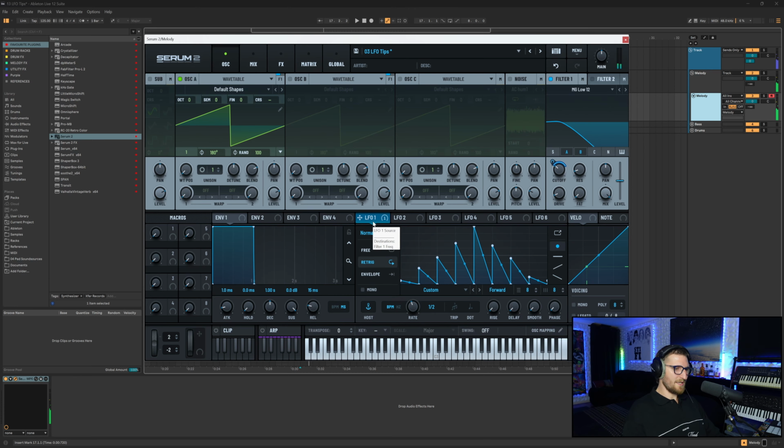Okay, so now let's say you're making a pad sound and you want to control the tail of the sound. You want to give it movement over time. One thing you can do is use the delay control here to delay when this actual LFO is engaged. So let's say when I play a chord, I want it to ring out for a bar, and then I want this LFO to engage and give the tail movement. So if I set this delay up to a bar,